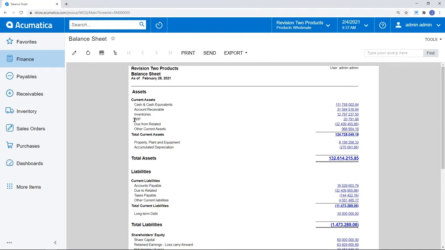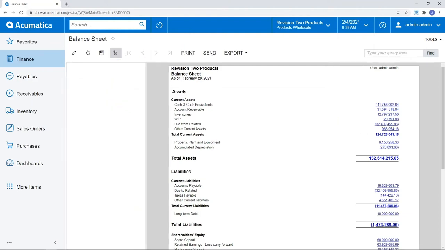So something to consider. Before I go away from reports, I'd just like to note that we do have the ability to send these reports directly out of the system via email. We can connect to your email server within Acumatica. That way you can send reports internally to internal stakeholders or externally to users if needed. We can print these reports, and we can group them really on any number of unit sets.